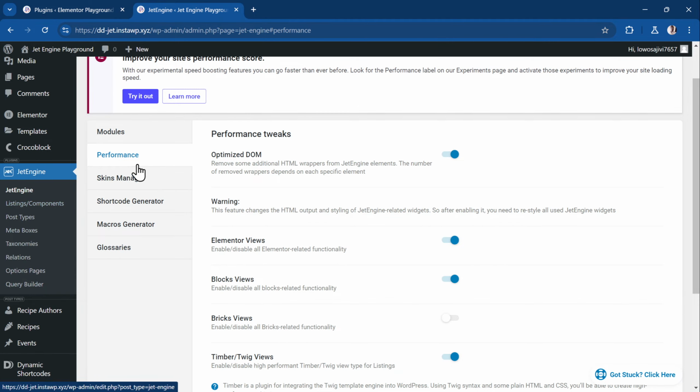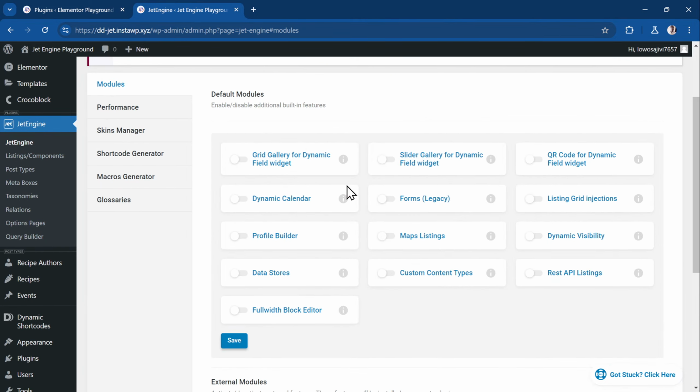Then for the modules, for this example, I'm not going to be using any of the modules, so I'll leave all of that blank. Now, once you update to 3.5, previously in the JetEngine settings you would only see listings, but now you see listings/components. So that's what we'll be getting to here. Once you go to listings/components,